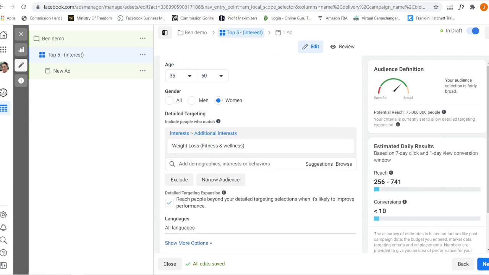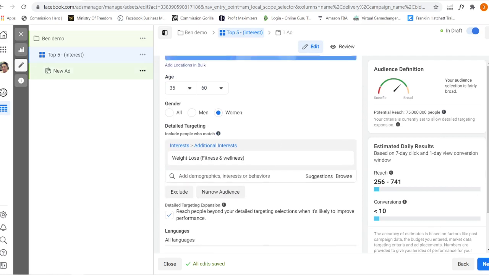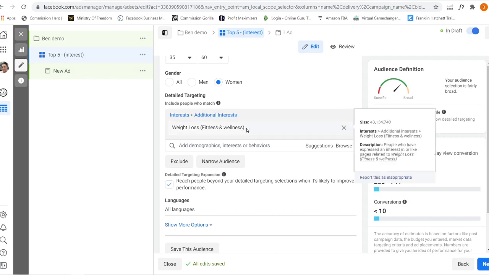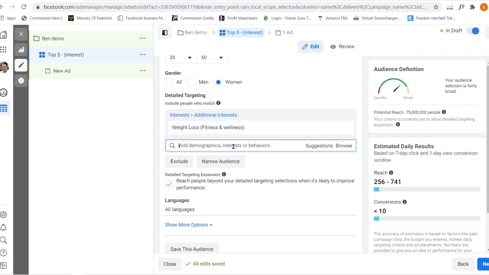But the problem will come when this particular ad set gives you sales or conversions, whatever you want. If you have so many interests over here, how will you know which interest is giving you that particular conversion result you were seeking? Am I right? You'll be confused, no? Assuming you have 10 interests, one is weight loss, then another one is, let's say,